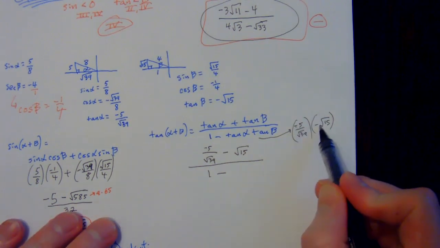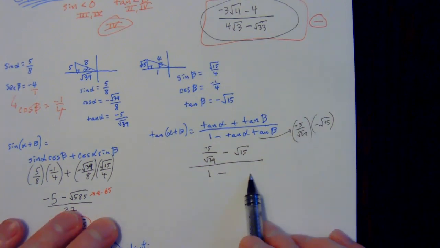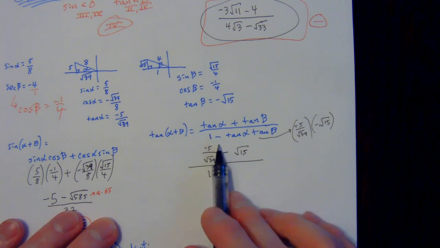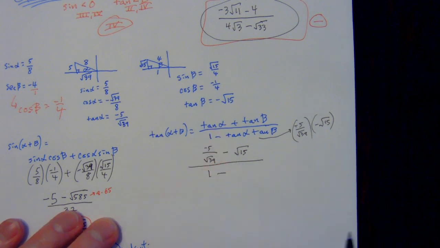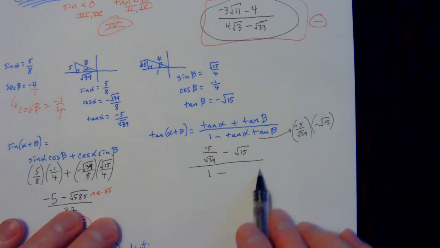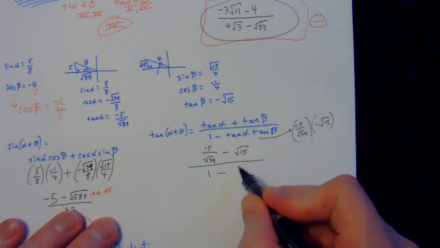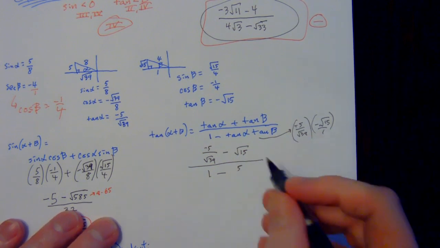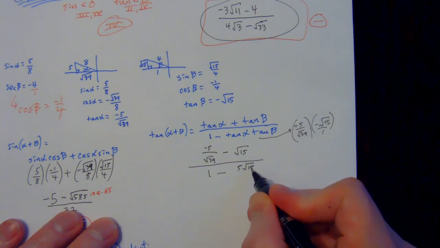When I have a negative times a negative, that's going to be a positive number right there, right? So this 1 minus was already there. That carried down. And since I have a negative times a negative, that's just going to be a positive number right there. And then you have 5. You're just smushing those together. You have 5 radical 15